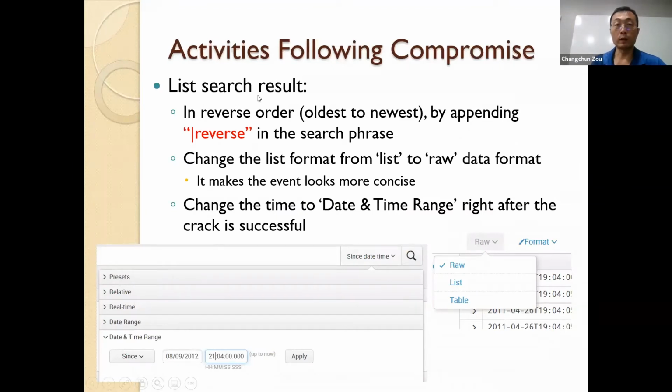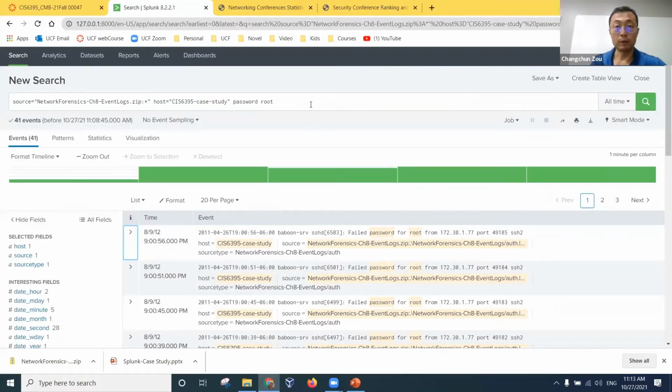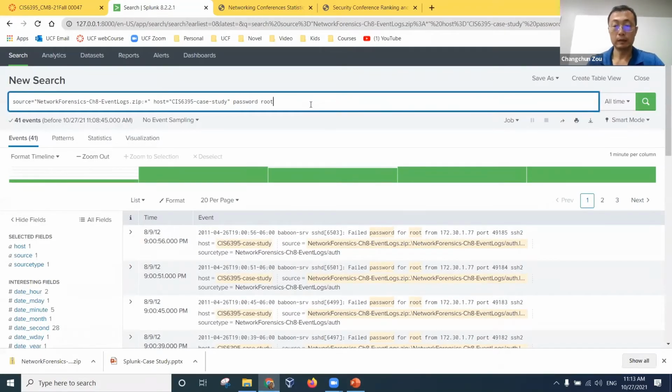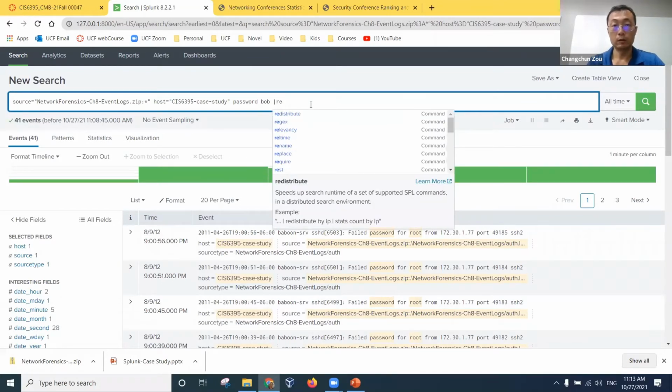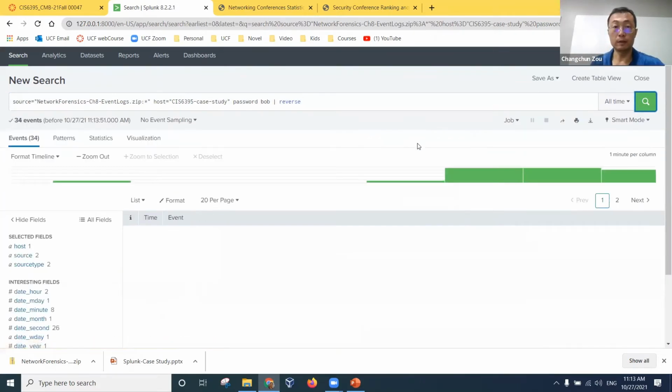Another thing is that if you want to list the search results in normal time order, because we're doing forensic analysis, you can add a pipe reverse in the search phrase. For example, Bob, pipe reverse. You can see the explanation of this command: reverse order of the results. So if we do this,